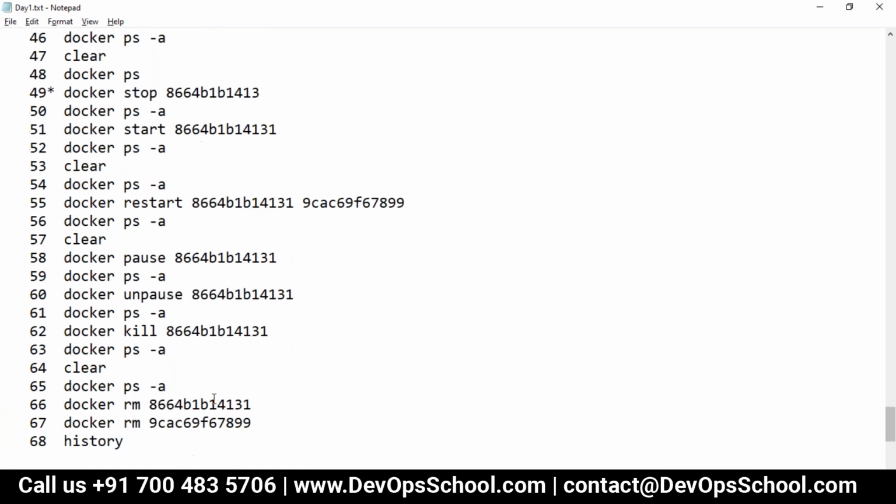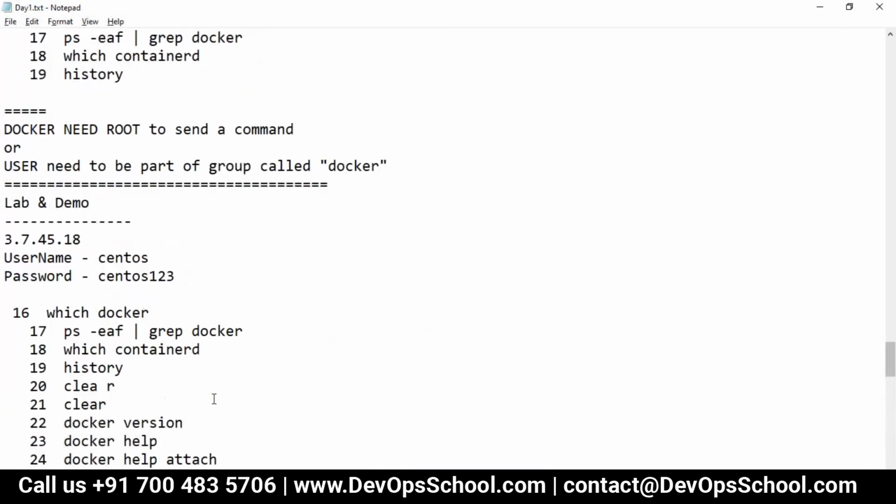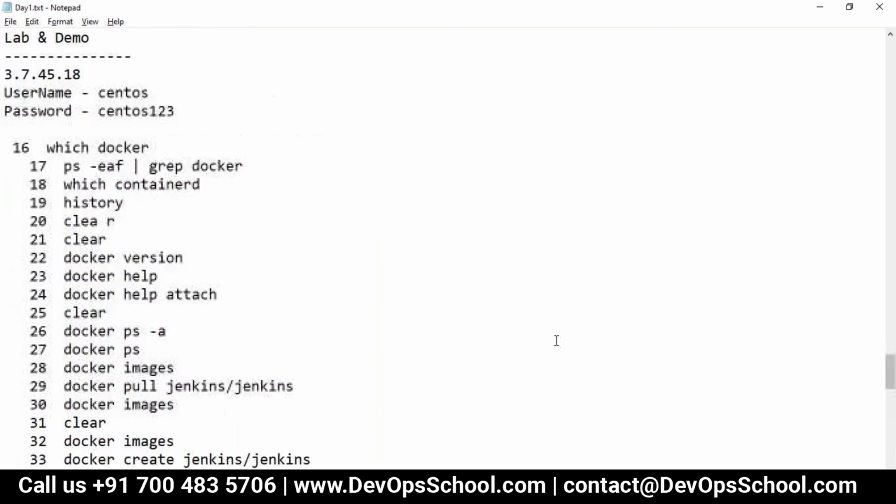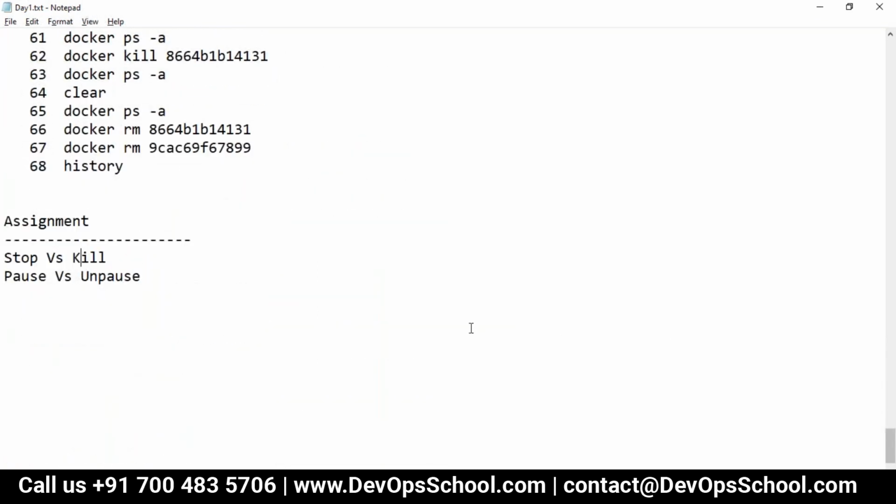Okay, any other questions, guys? So can we remove a stopped container? Yes, a stopped container means it'll get exited, so you can remove it. Can not I remove any container which is running? It could be stopped or it can be created, and it can be removed. Can we recover it after removing? No. After removing you cannot get back that container. You can get a similar container but not the same container. You can create one more container from the image. So a similar container you can get, but you cannot get the same container.